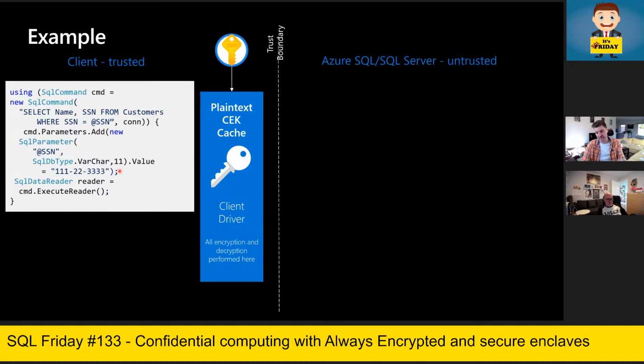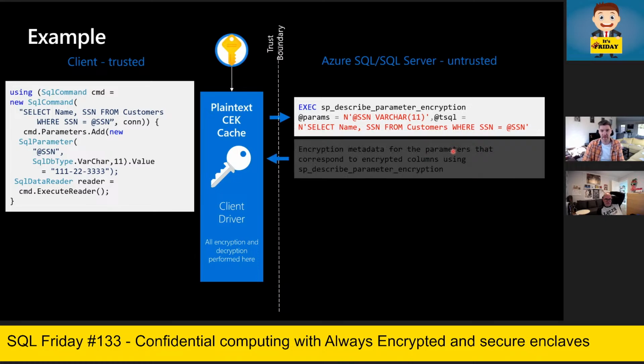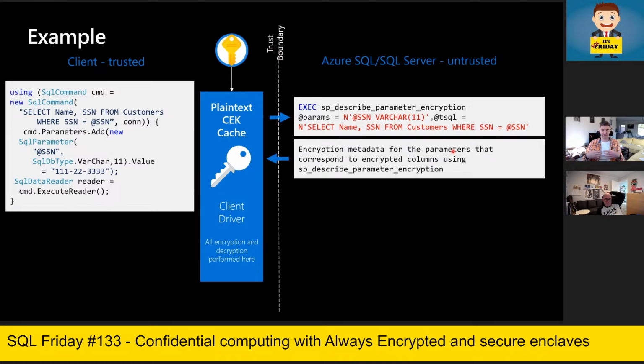So the first thing that the client driver is going to do is handshake with the database engine to verify which columns are actually encrypted. That is done by executing a stored procedure, which is called sp_describe_parameter_encryption, right? The SQL engine receives this stored procedure, and it's going to return encryption metadata for these parameters.